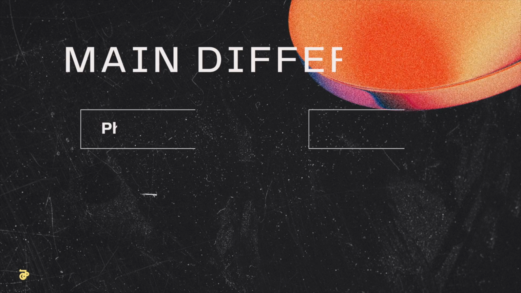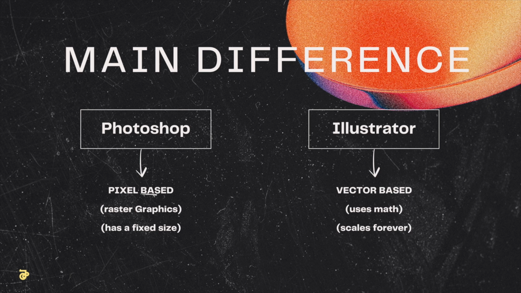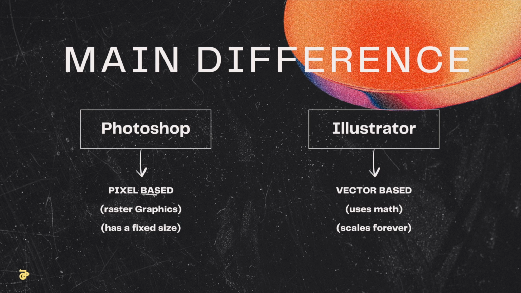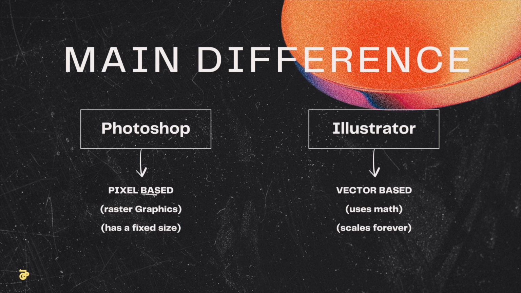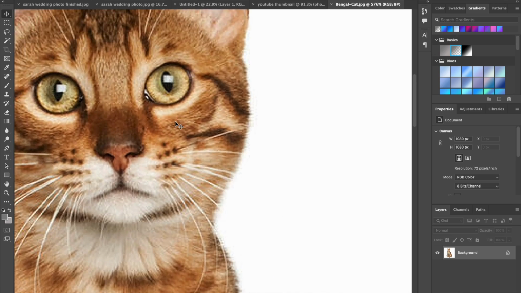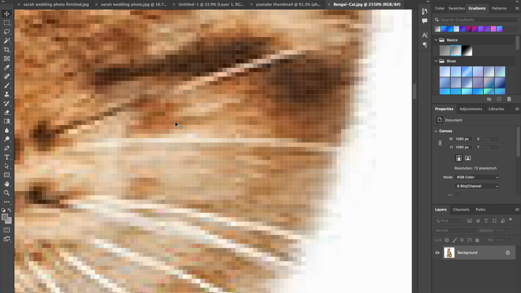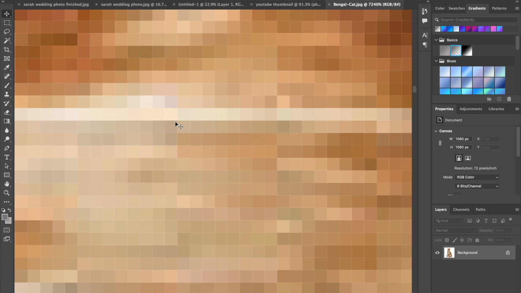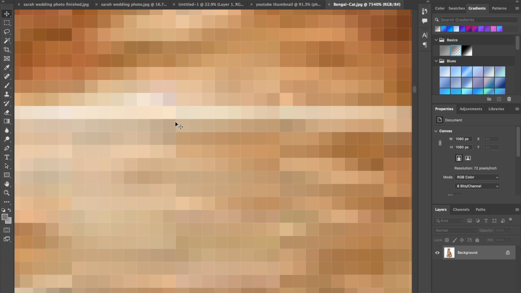So let's start with the first and most obvious difference between Photoshop and Illustrator. Photoshop is pixel-based, or raster graphics, which means that when you zoom in super close to something, you can actually see the individual pixels that make up the image. And that is really cool and really powerful because it enables you to get in there and edit photos, which